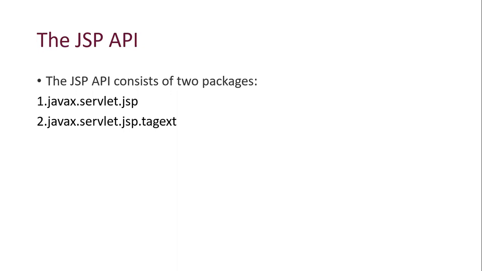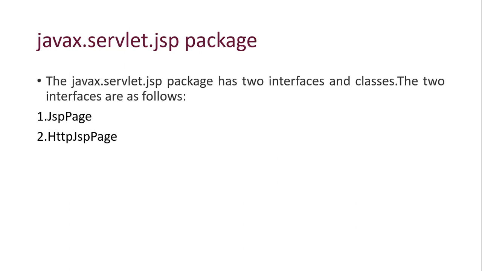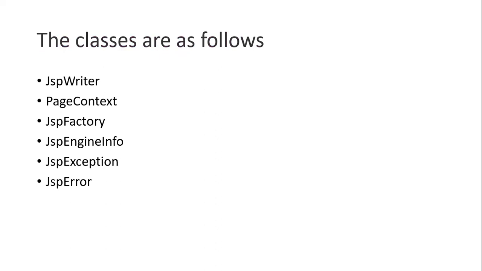And the JSP API. So there are two packages, like javax.servlet and javax.servlet.jsp. These packages contain all the classes and interfaces of JSP. Javax.servlet.jsp has JspTag, JspPage and JspTag. These are the classes and interfaces, two classes and two interfaces: JspPage and HttpJspPage. And here these are the classes: JspWriter, PageContext, JspFactory, JspEngineInfo, JspException,